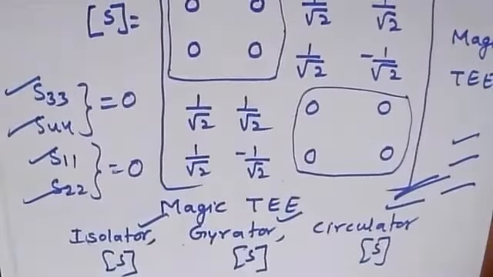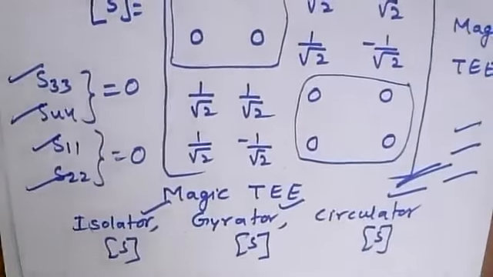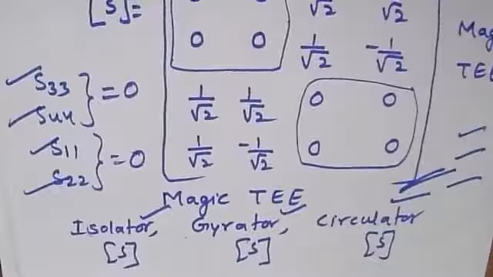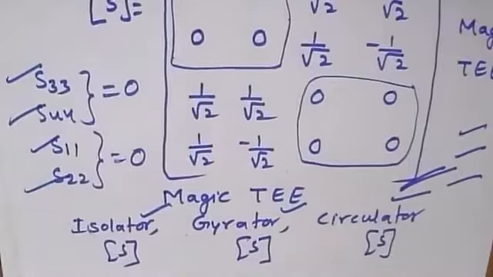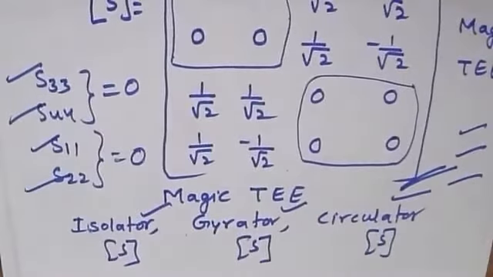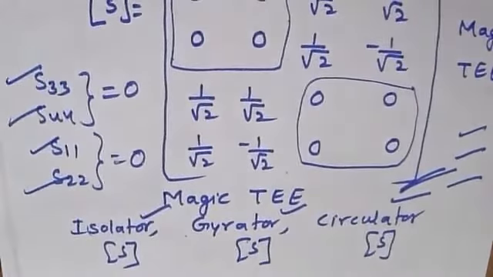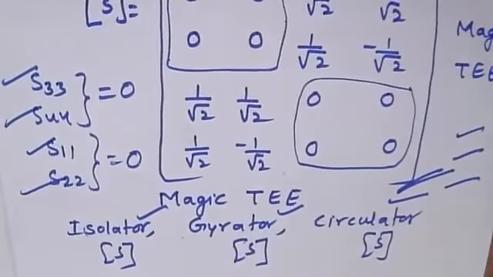Okay, first, we need to remember the properties of S matrix, which I have discussed earlier. By that we can do it, and this is how it can be known. If you have any doubt, please let me know. In the next class, we'll see the S matrices for the three remaining ferrite devices, so that the unit can be completed. The unit is very easy, and once it has been completed, I'll be sharing the material with you.